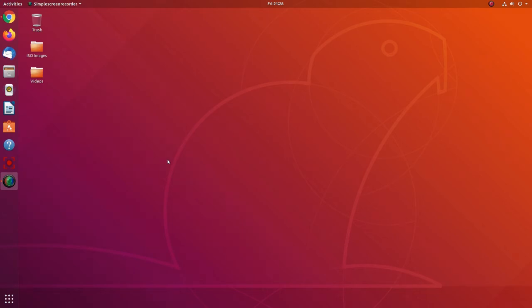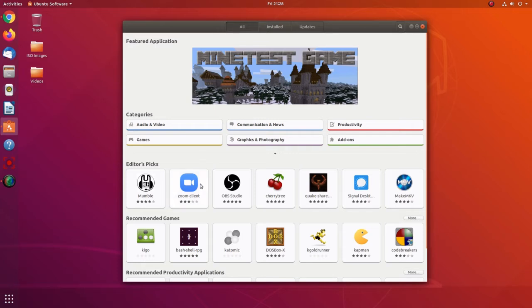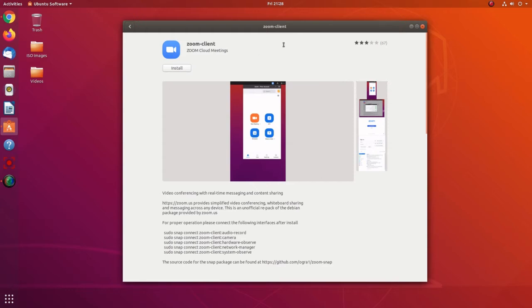Hello, I'm going to be showing you in this video how to install the Zoom client on Ubuntu. And right off the bat, one thing that you might be tempted to do right at the beginning is to use the software program to install it, because you can install it through this software program. But if you notice,